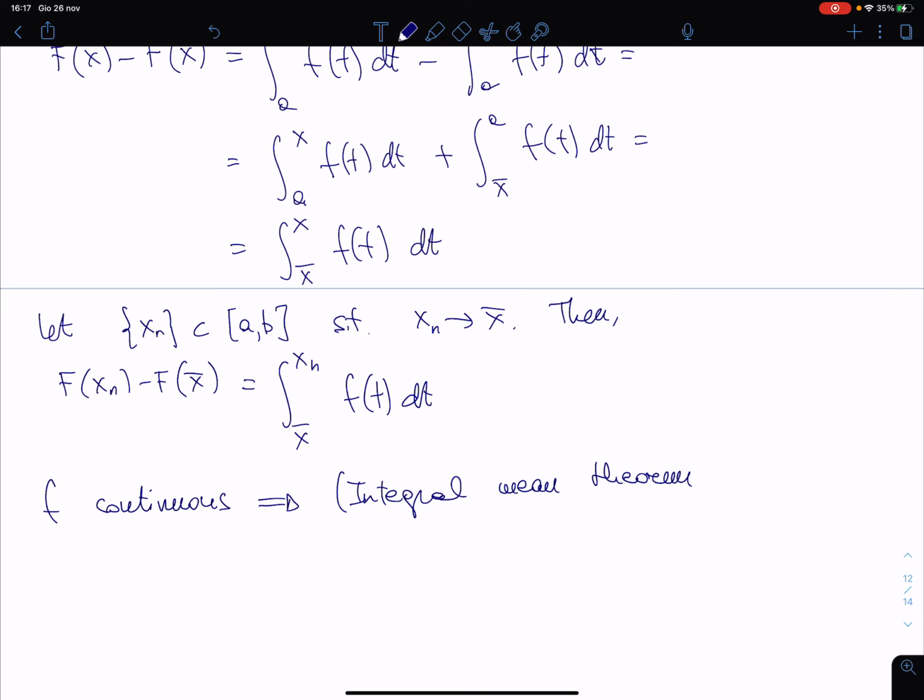There exists a point Cn which is between xn and x bar, but since we don't know whether xn is before or after x bar, as we already did, we write this. Cn is in [xn, x bar] when x bar is larger than xn, or [x bar, xn] when x bar is smaller than xn. The union here provides exactly what we want. So here, such that